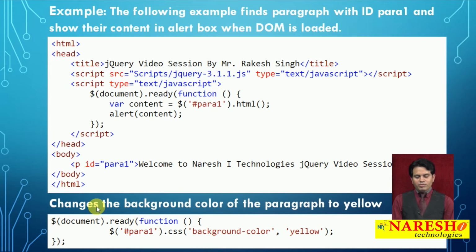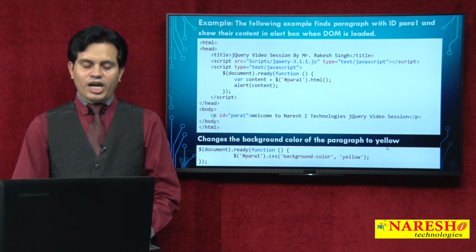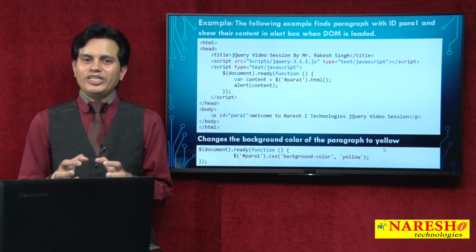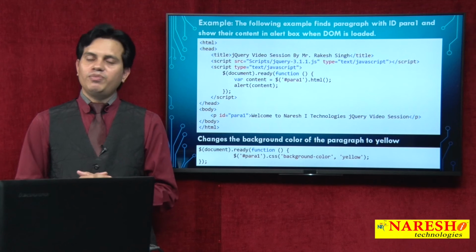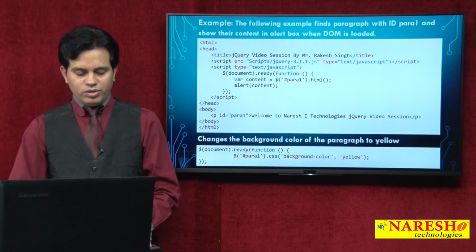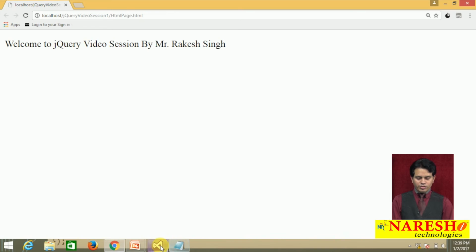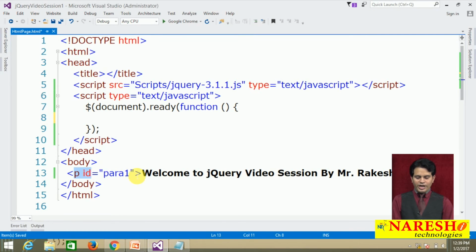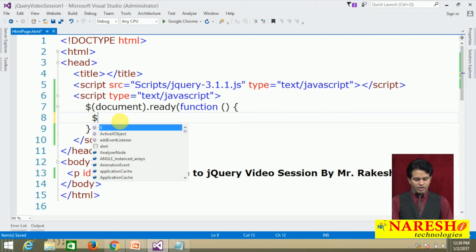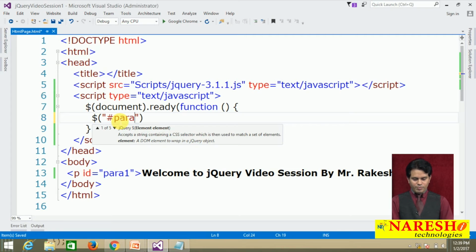Now suppose we have some more requirements: change the background color of the paragraph to yellow. As soon as the document is ready, I don't want to get the content of the paragraph, we just want to apply the background color to the existing paragraph element with an ID of para1. So you come over to Visual Studio, we don't require any HTML content to get. This is my paragraph with ID of para1. As soon as the document is ready, select the one element with an ID of para1 and apply the background color on this paragraph. So you write $ of hash of para1